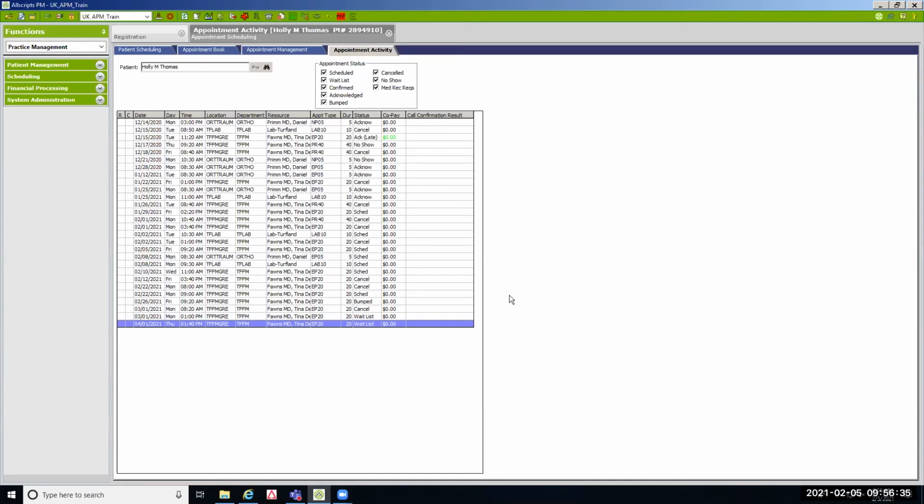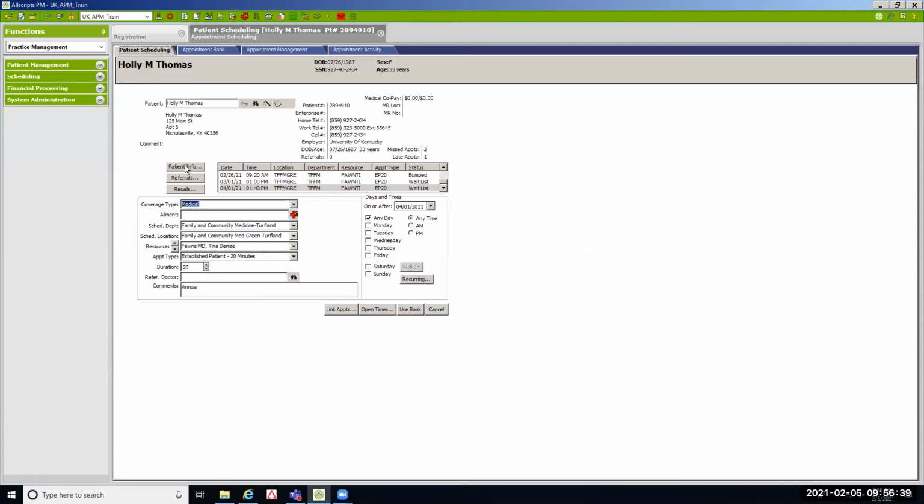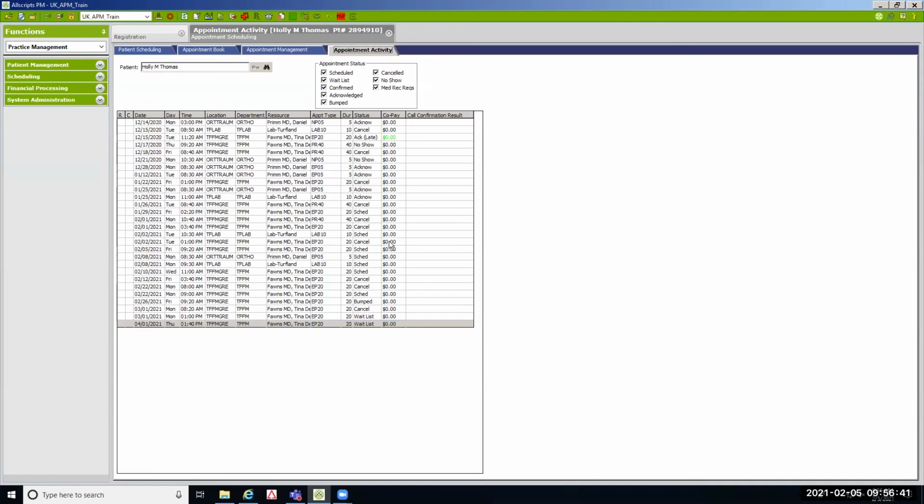You can do it from here also. Now, if I go back to the patient scheduling tab, I would click my patient info button. But since I'm here, I'm going to do it from here. There's several different ways you can do things in the system. It's your preference on how you want to do it. But instead of clicking back on the patient scheduling tab and then clicking the patient info button, it doesn't matter which